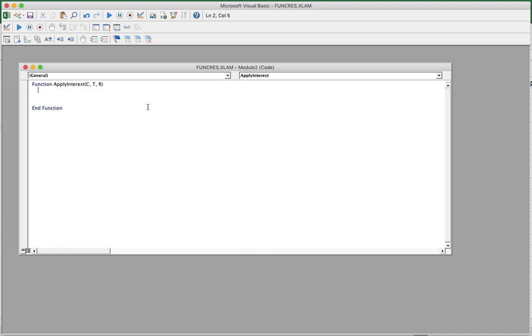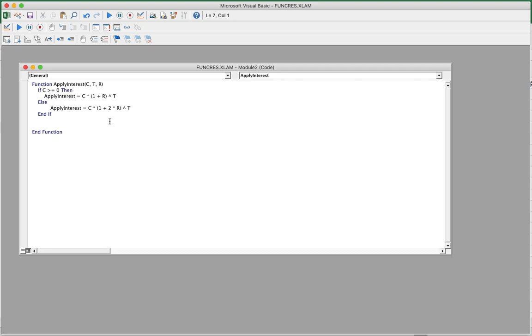If C is positive or 0, then ApplyInterest is equal to C times (1 plus R) to the power of T. Else, here I'm lazy and I copy. And if